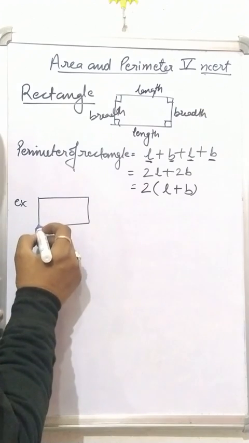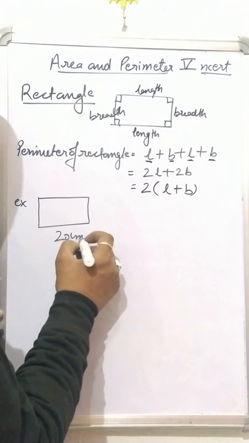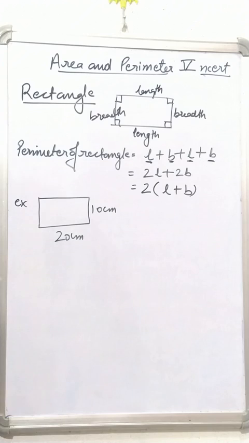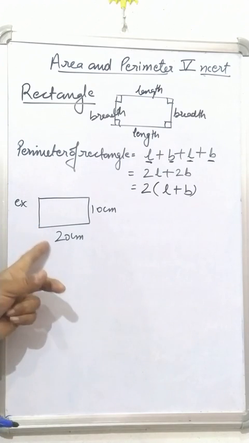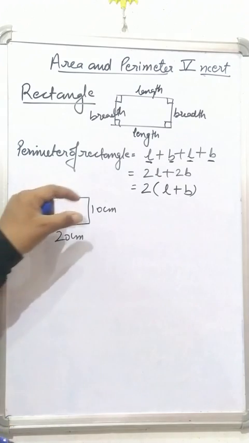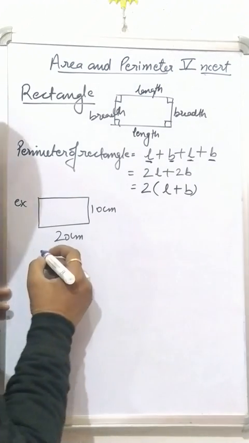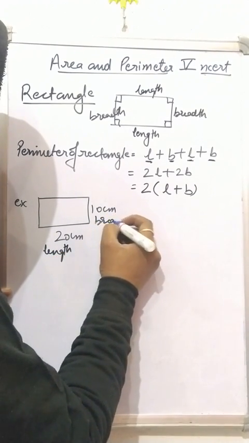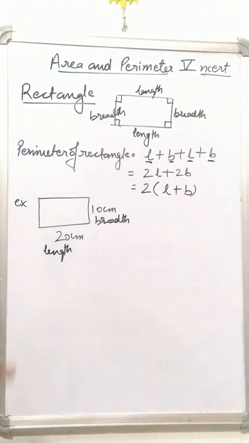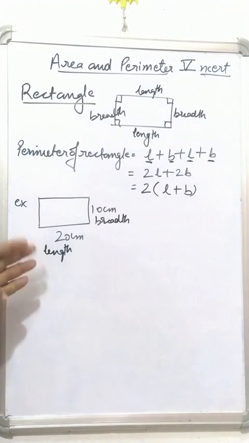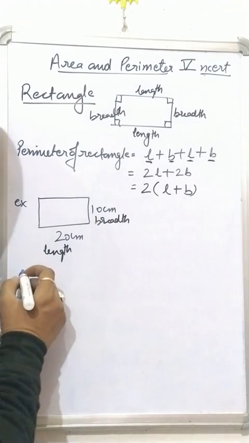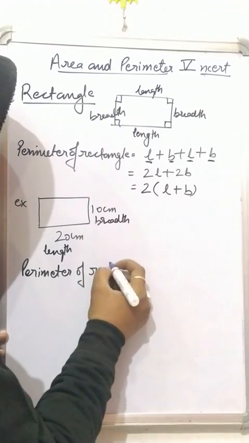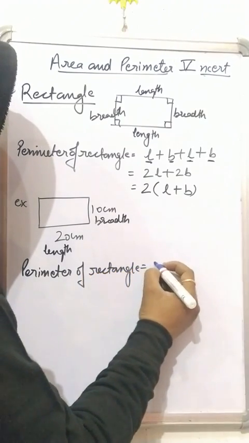This is a rectangle and this is 20 centimeter and this one is 10 centimeters. Now you can see that the given figure is a rectangle in which 20 centimeter is the length and breadth is given to you 10 centimeter. Then what shall we do? The question is asking to find the perimeter of the given rectangle. So you have to write like this: perimeter of rectangle. Perimeter of rectangle is equal to 2 bracket